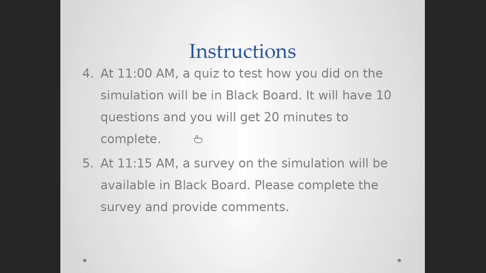Now, the quiz questions are not going to be the same for everyone, so you have to work individually on the worksheet to make sure that you can answer those questions. If you worked with someone else or you got it from someone else, you will not be able to answer the questions. So this is an individual assignment. It's not a group assignment.